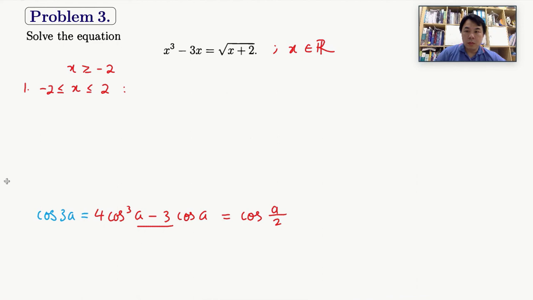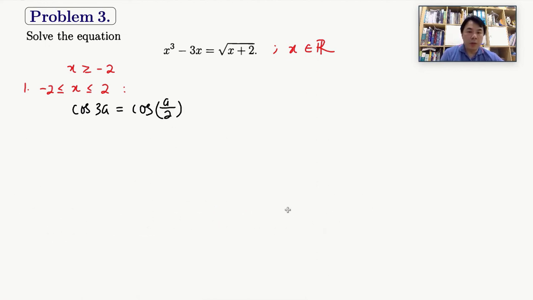Okay. Alright, now from here I can write that as cos 3A is equal to cosine A divided by 2. So that is what we have at this moment. And then of course we can straight away say that it's actually 3A is equal to A over 2. But to make this more general, in order to obtain all the solutions that we need, we